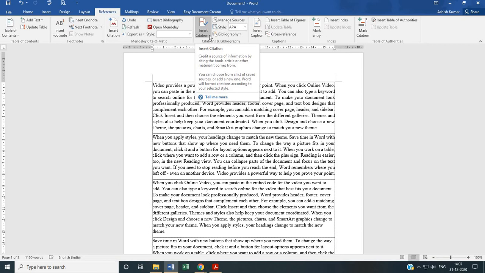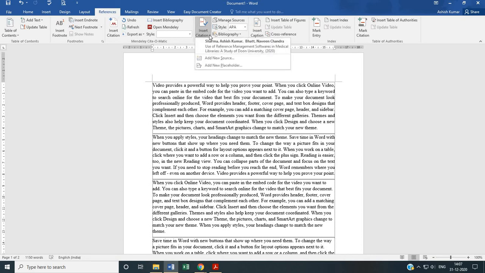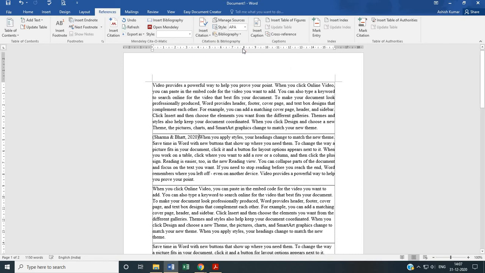As you can see, the information which I have filled in is also available here, and I click here. Once I click, the in-text citation appears here, which is Sharma and Bhatt, 2020. So this is the citation.